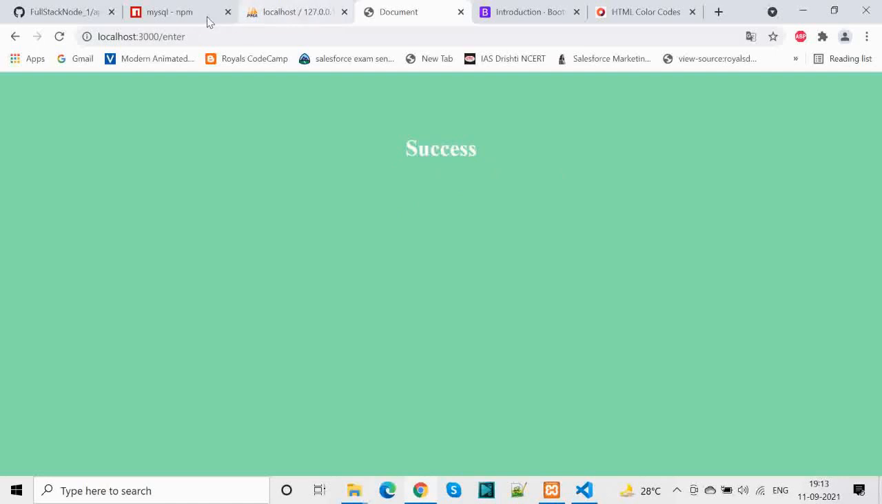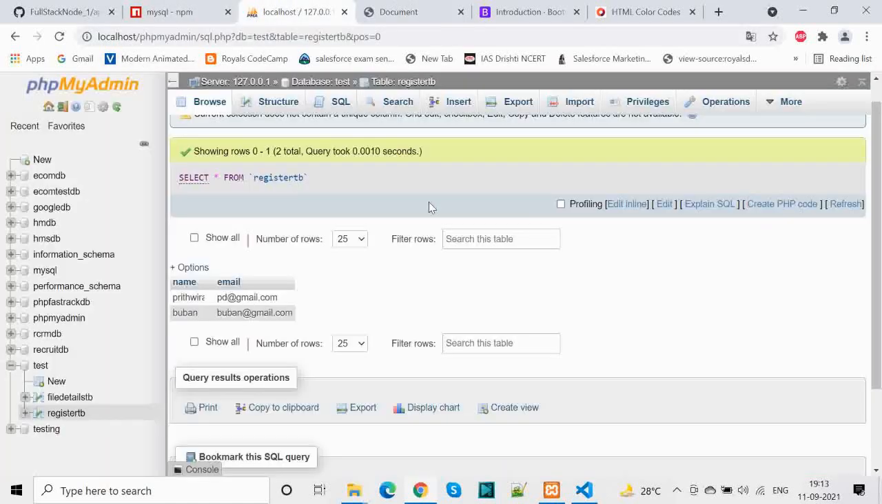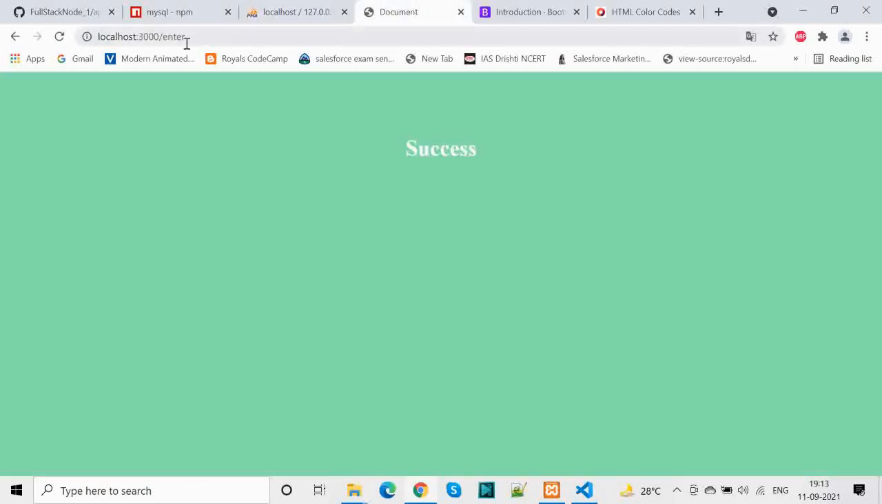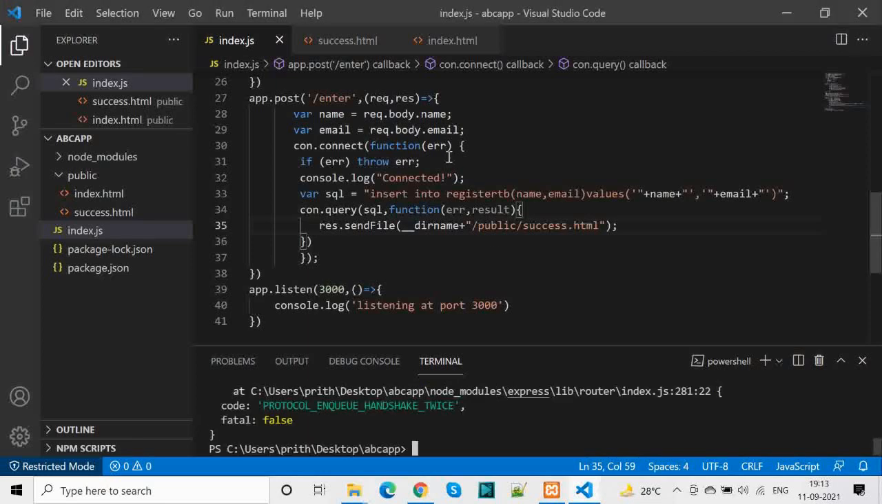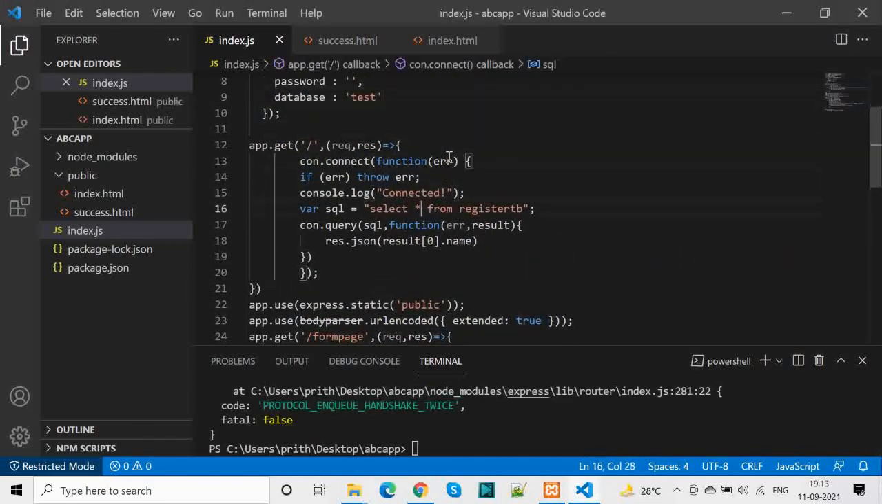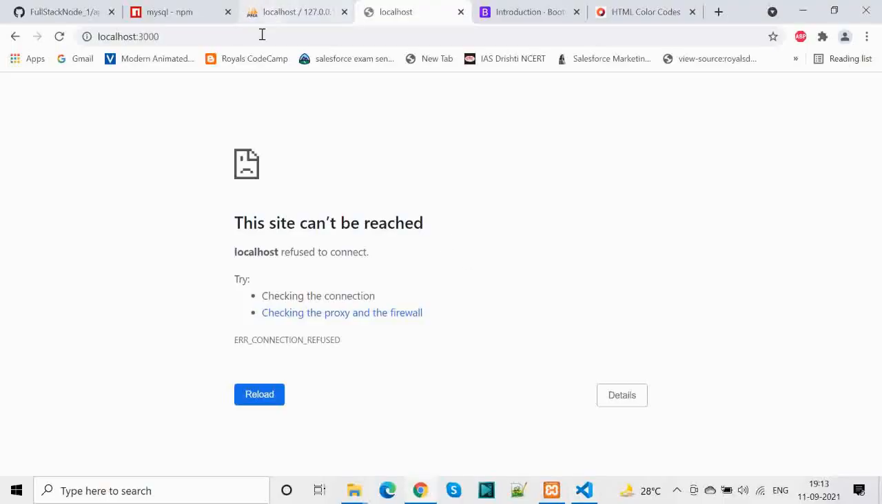So hope you enjoyed this video, and this is how we entered our data inside the database. So if you see the database there, the value has been entered, and also if you want to display the data from this, it will get displayed over here. So coming here,